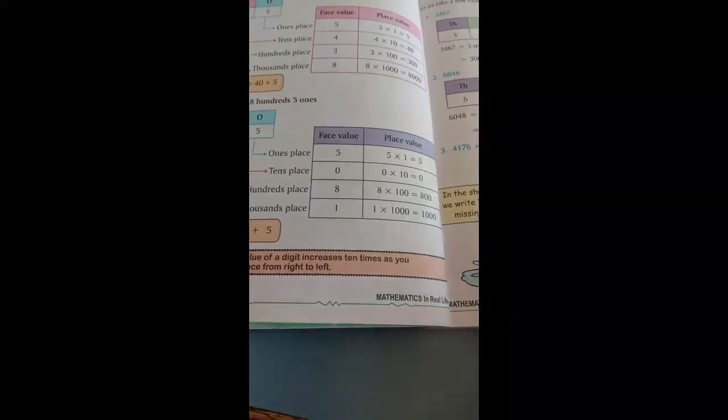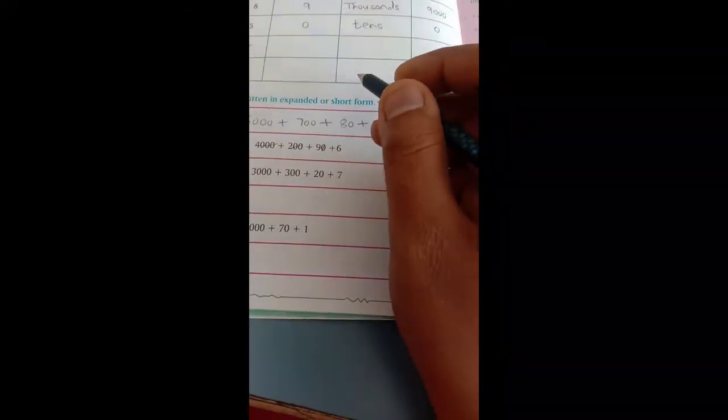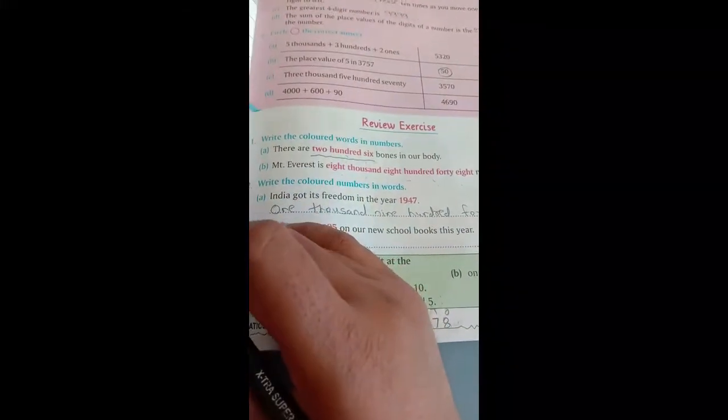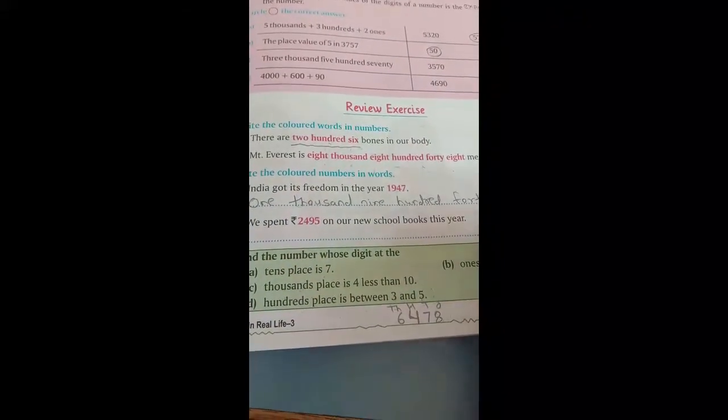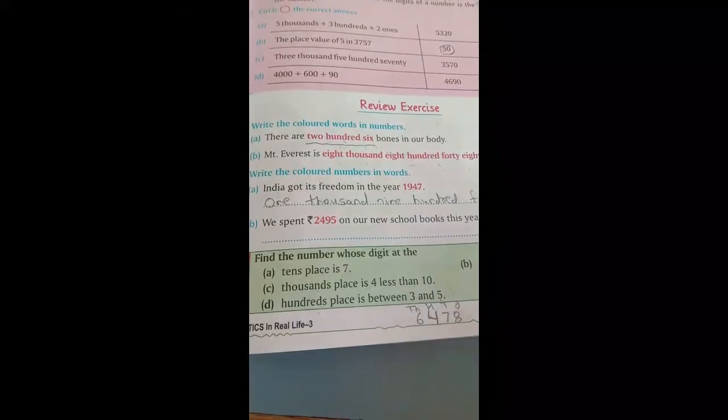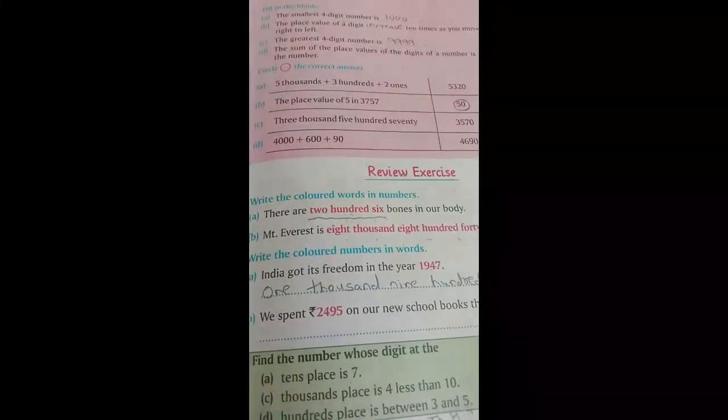Again I show you your homework. Now page number 12 is reading, page number 13 is reading. Now page numbers 14 and 15 both are your homework. A few sums we completed in the videos. Now the remaining sums you can do yourself for revision. Okay, so till then, bye everyone and have a nice day.